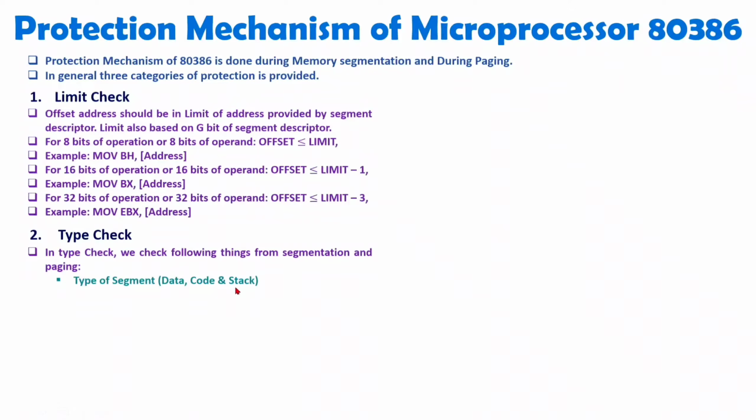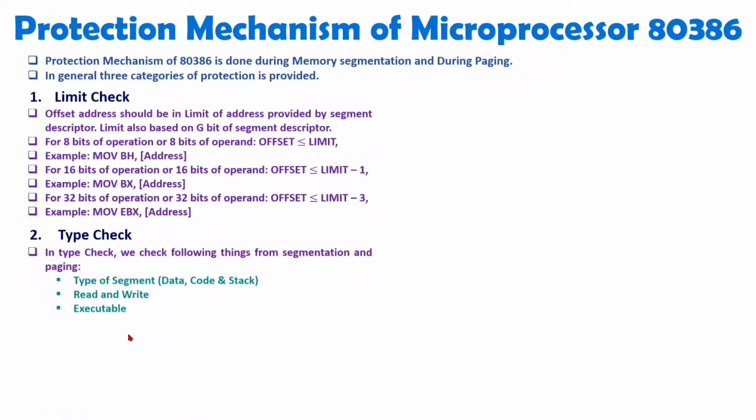Based on that only, user can access information from the memory location, right? So first we check which type of segment is there. Then we need to see which type of permissions are given. Is it readable only, or are read and write permissions given to you or not? All those things will be defined inside the segment register. And you need to check also whether it is executable or not, right? So that type check will happen inside the segment descriptor. So that is the second level of protection.